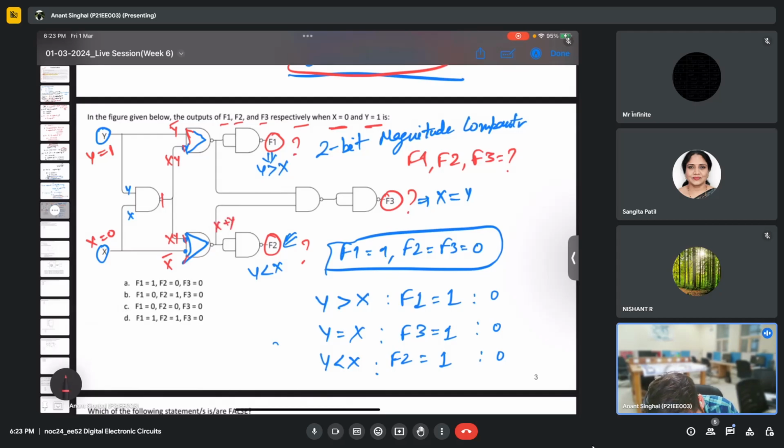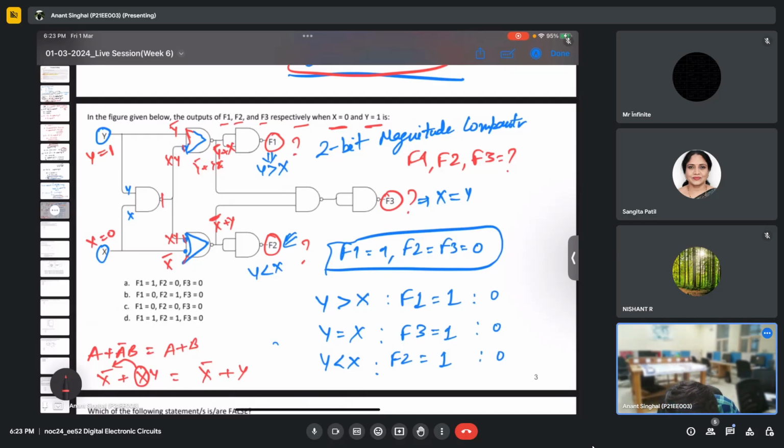Here also I have y bar plus y. Here I have x bar plus y, and here I will have y bar plus x, because of the property that a plus a complement b is a plus b. In the below one, I am getting x complement plus x y, which gives x complement plus y because the complement is present here. So this one is x complement plus y, this one is y complement plus x, and finally in between we have the